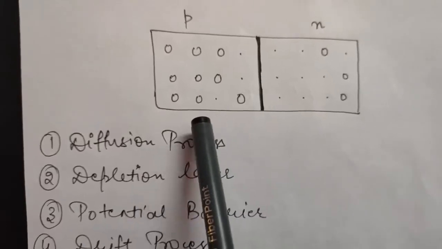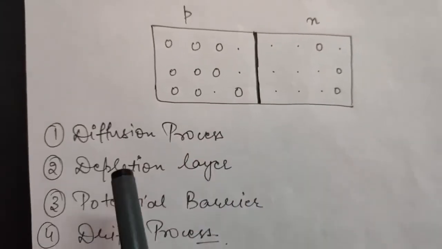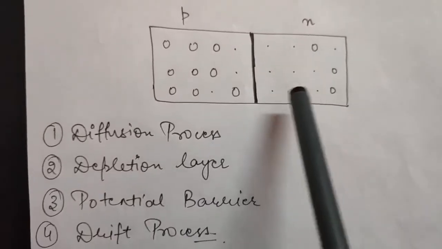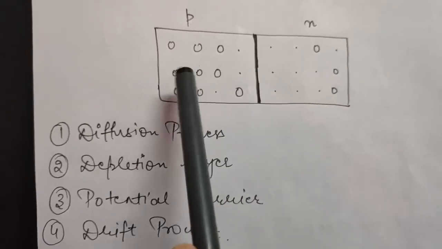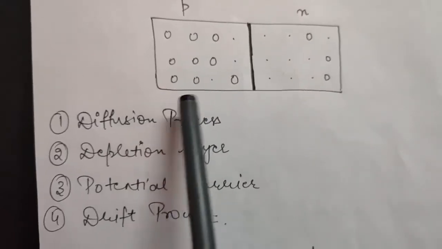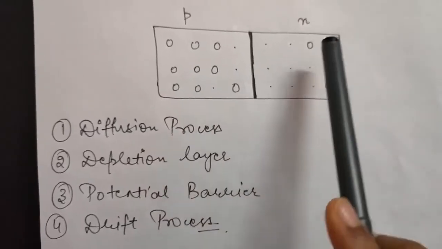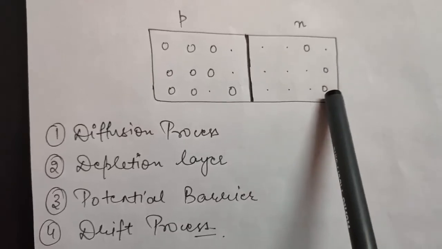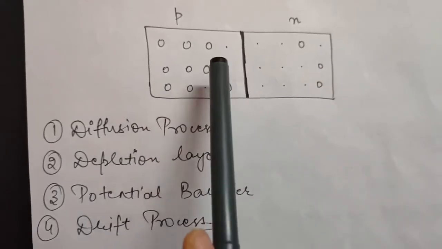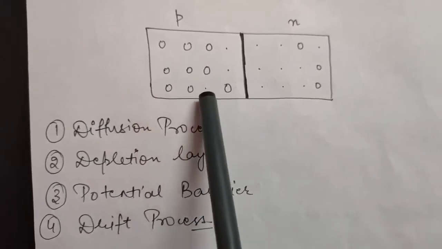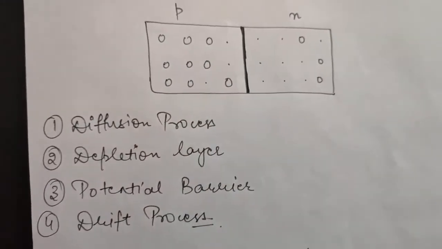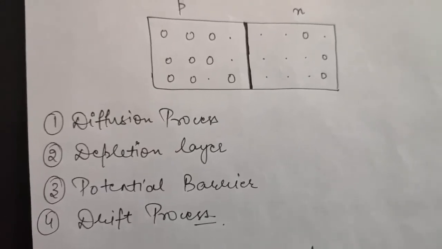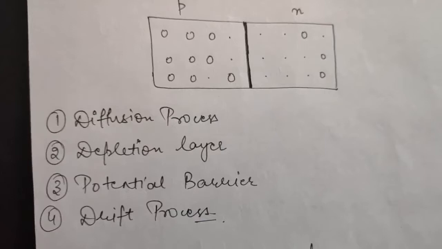So again I have drawn a p-n junction, right? Now as you know, and you have studied also, that in n-type semiconductor electrons are majority charge carriers, and in p-type semiconductor holes are majority charge carriers, right? So therefore in n-type I have drawn a lot of electrons but only 3 holes, and similarly in p-type there are a lot of holes but only 3 electrons. Okay, that is, in p-type holes are in very high majority, and in n-type electrons are in majority, right?